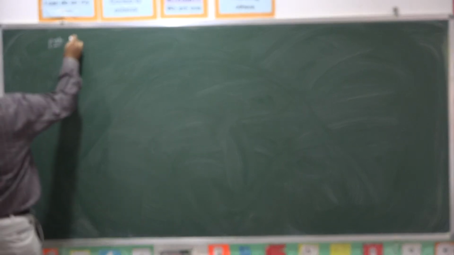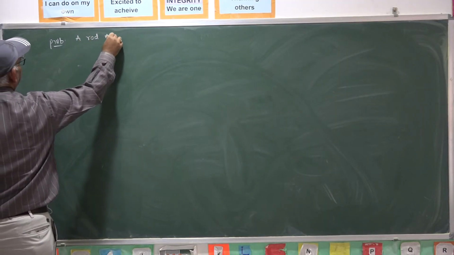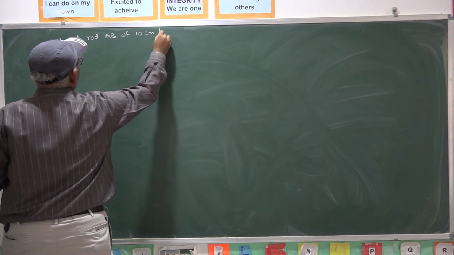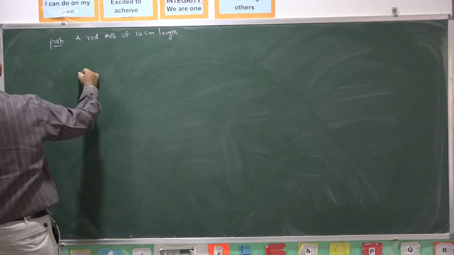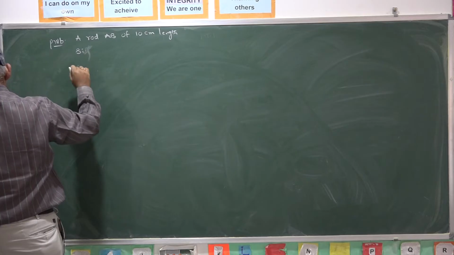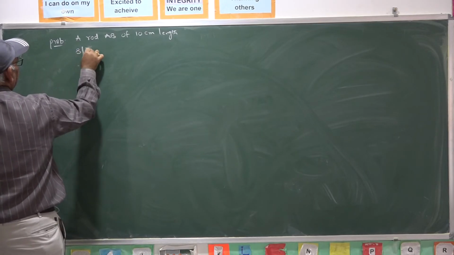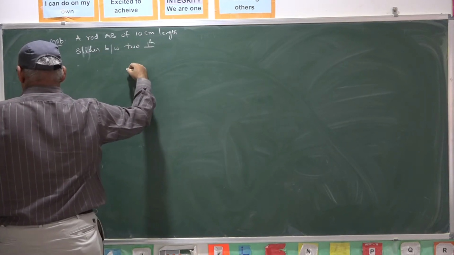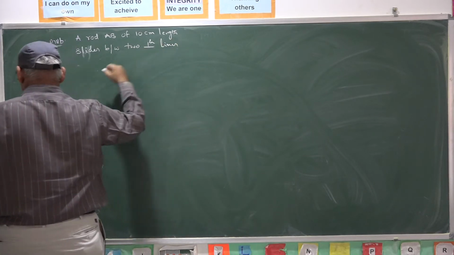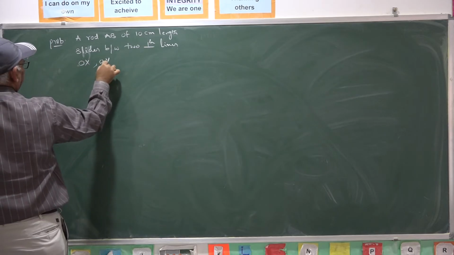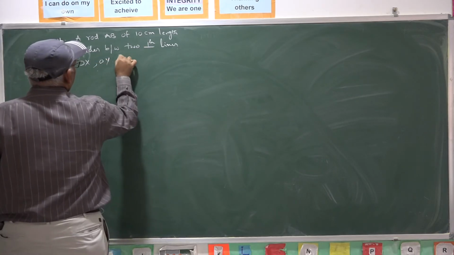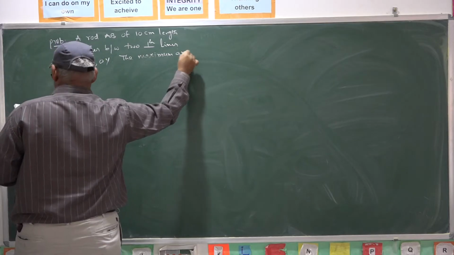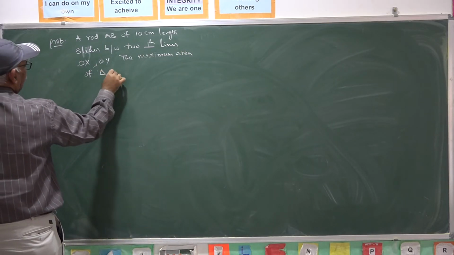Next problem. A rod AB of length 10 centimeters slides between two perpendicular lines, OX and OY, of course the coordinate axes. The maximum area of triangle OAB is